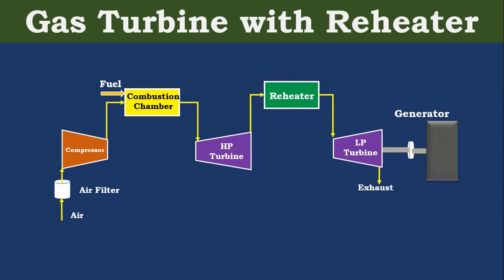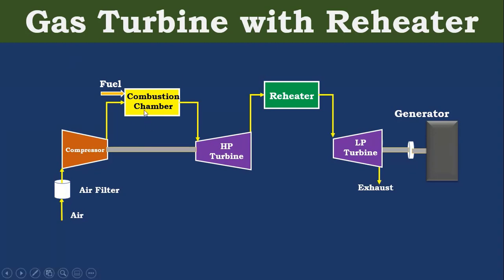Here we have the compressor. Compressor is a device which consumes 70 to 75% of the power that is produced by the turbine. And here we will see some basic terminologies. In the compressor, isentropic compression takes place, that is, there is no heat transfer. Similarly, in the turbine, isentropic expansion takes place. Here also isentropic expansion means there is no heat transfer and constant entropy, which means there is no change in entropy during compression or expansion.